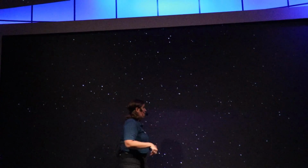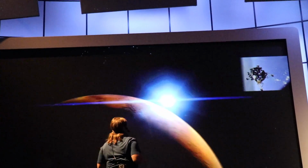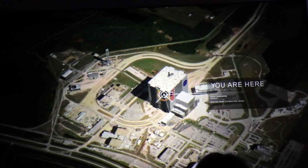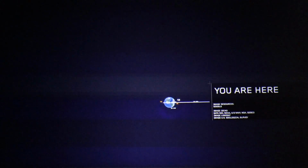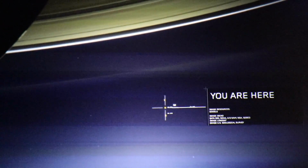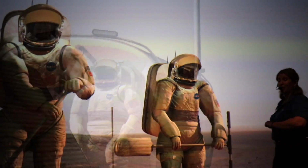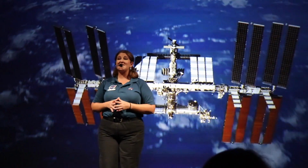Well, now that we know where you're going, it's time to figure out how to make it happen. And your starting point is right here at the Kennedy Space Center. After launching from here, you'll really get a sense of how fragile and special our tiny planet really is. Exploring Mars will help us better understand our home, our past, and our future. But before we can push beyond the boundaries of our own planet, we must first push the boundaries of science